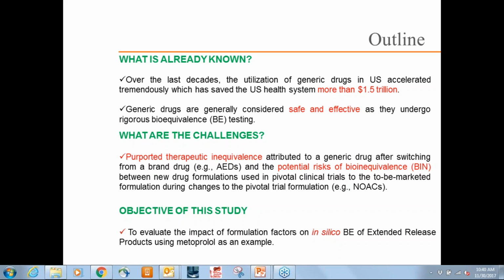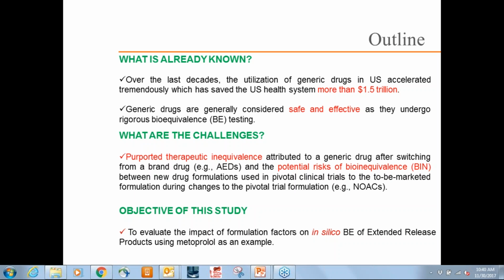And thirdly, we will use bioinformatic tools to determine whether what patients report experiencing is true or just noise, and whether we can differentiate noise from signal. In this particular study, I will show metoprolol,